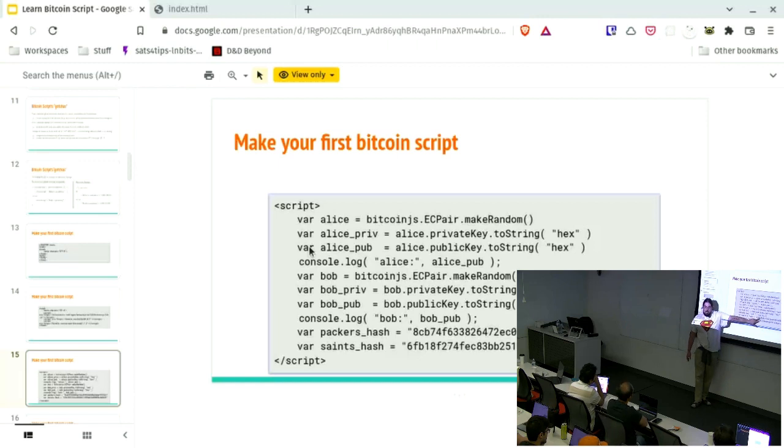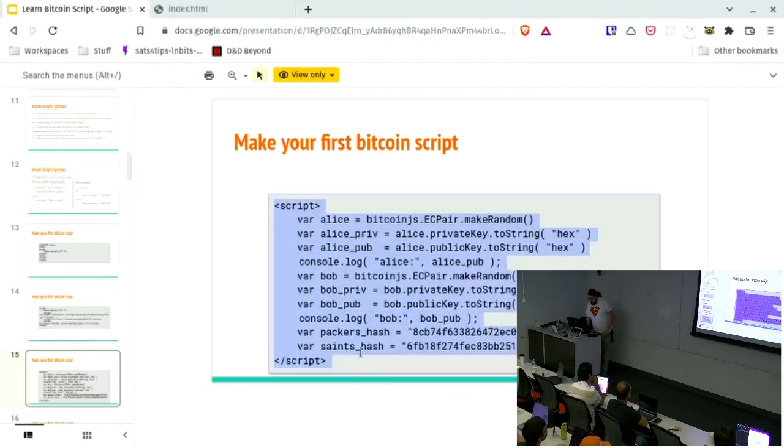You can use these hashes in your Bitcoin scripts, and then if you lock up value using them, you'll only be able to unlock that value once we reveal who won. Sound good? Sound simple enough? That's what we're going to do. Copy this, put it in your script, and